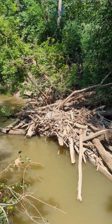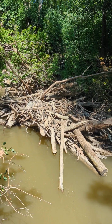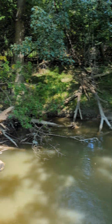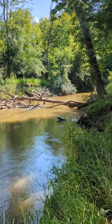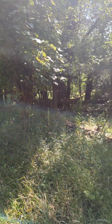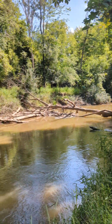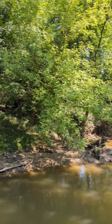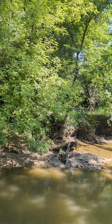So again, well-meaning volunteers will come down here and cut this thing up and move it out to make it what they refer to as a navigable river, but this is not a navigable river right now. In the past, the level of the river was likely 10 to 15 times higher than this, and it was navigable. But that stopped being the case when it was all cleared out and